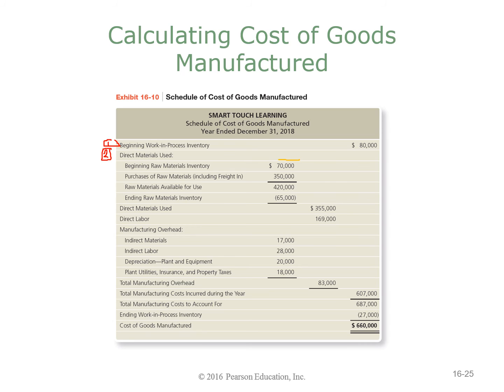So actually that part is to calculate the direct material used. So now I started with the beginning work in process, then the direct material used. Okay, then this is the second part. The third part is the direct labor. Okay, and the manufacturing overhead is